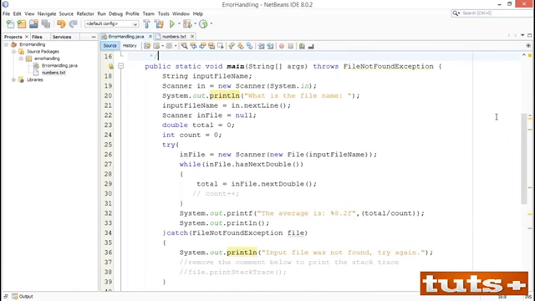We start by creating a string to hold our input file name because we're going to ask the user to enter the file name. We then create a scanner object in to read from the console. We ask the user to enter the name of the file, and we read that file name into the variable inputFileName. On line 22, I'm creating a scanner object that is going to allow me to read from the file,